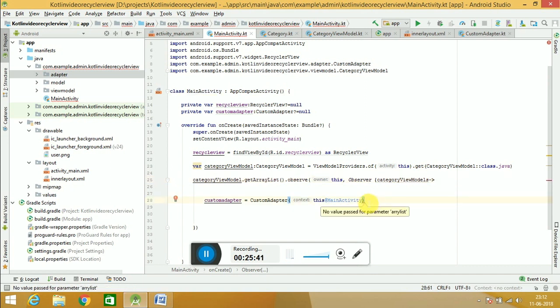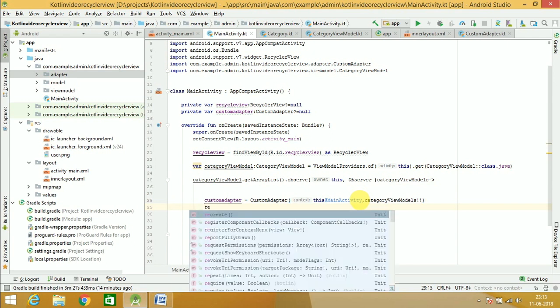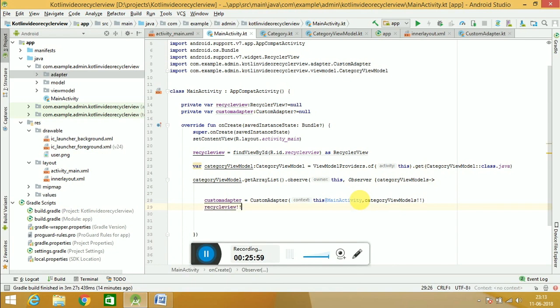So we can get access to these model values here, and we can check whether it is null or not. So this is a very simple structure of calling this custom adapter here, and this is our recycler view,